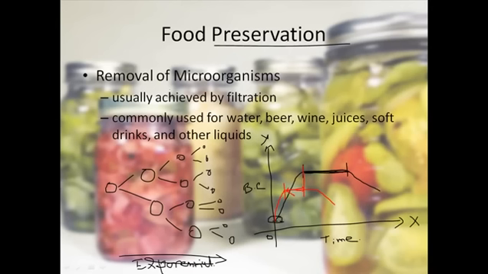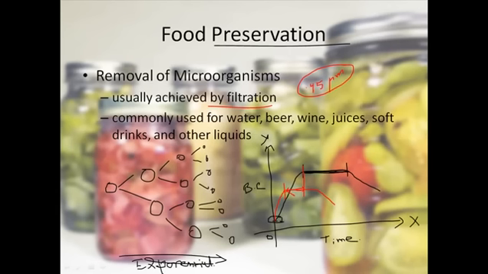The first thing, the removal of microorganisms, is usually done by the filtration method. There are ultra filters, for example 0.45 micrometer filters. These filters have a really small pore size, the diameter of the pore is 0.45 micrometer, so bacteria cannot pass through. So bacteria can be filtered using these ultra filters.